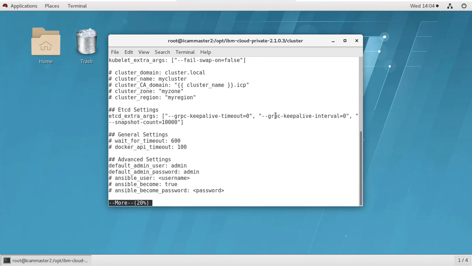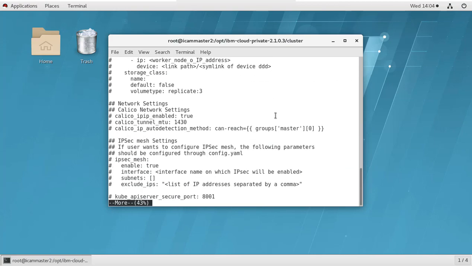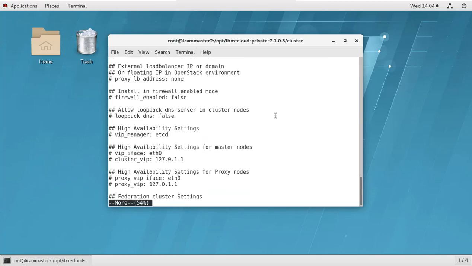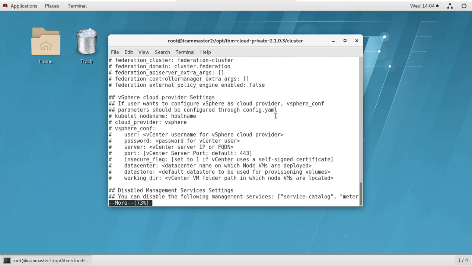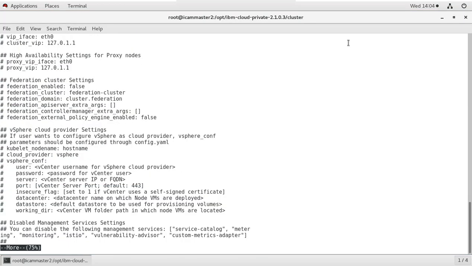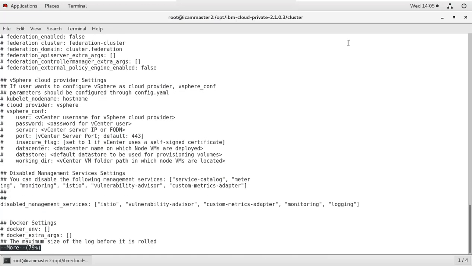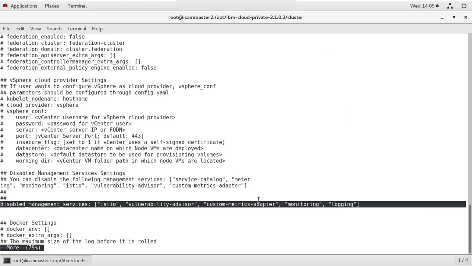You'll observe in here I've taken all the defaults with the exception of one stanza, and that's in the management services area. On the disabled management service settings, I want you to note that I've disabled Istio, Vulnerability Advisor, Custom Metrics Adapter,